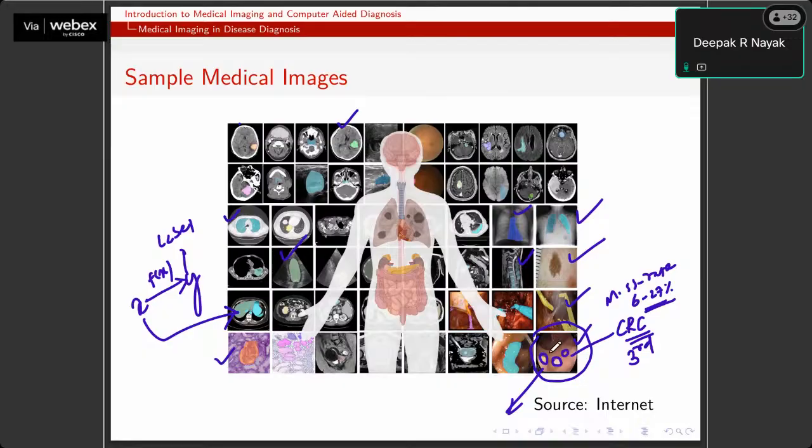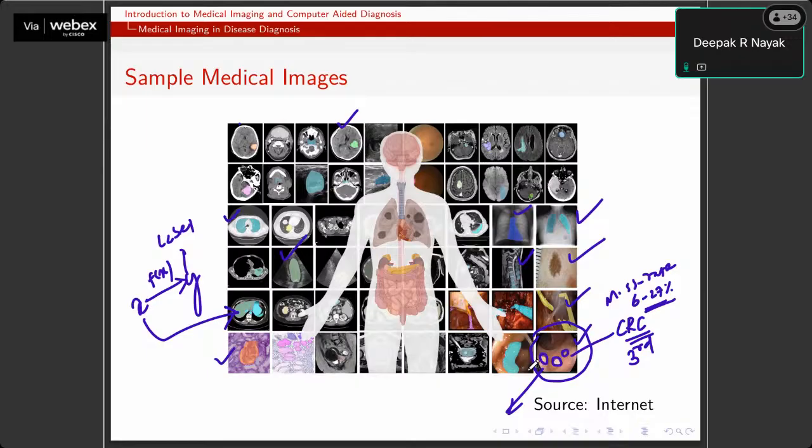So that also happens. Mostly inter-observer variability is the most common thing which we observe, and we usually solve this kind of problem with the help of the majority rule. We used to go to three doctors, then apply the majority rule, that out of three doctors, two doctors are saying the same thing. So there are multiple things which we face while manually interpreting this kind of images. Even the experts may face difficulties. They cannot sit for 24 hours, they cannot analyze the images all the time, right?